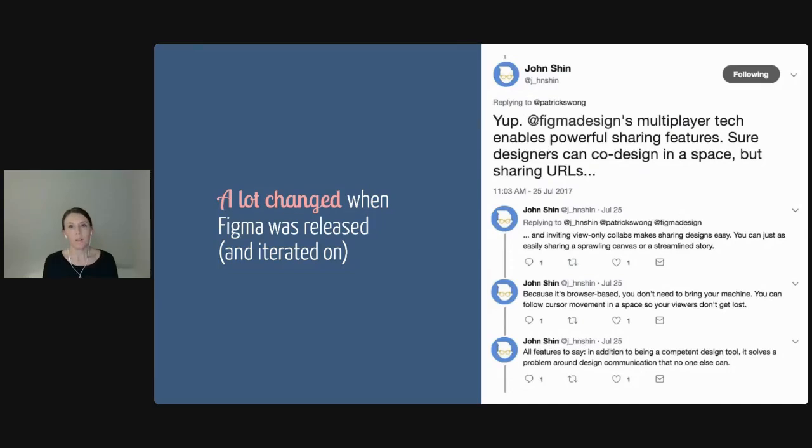They came out in public release in September 2016 and iterated. And in 2017, when these tweets are from, that's when things kind of changed a little bit more, and it became kind of more powerful. In 2019, Figma released their auto layout feature, and around the same time, Miro and other kind of software came out. And again, this kind of collaborative ways of working made how we worked, how we presented, and how we communicated a lot easier.